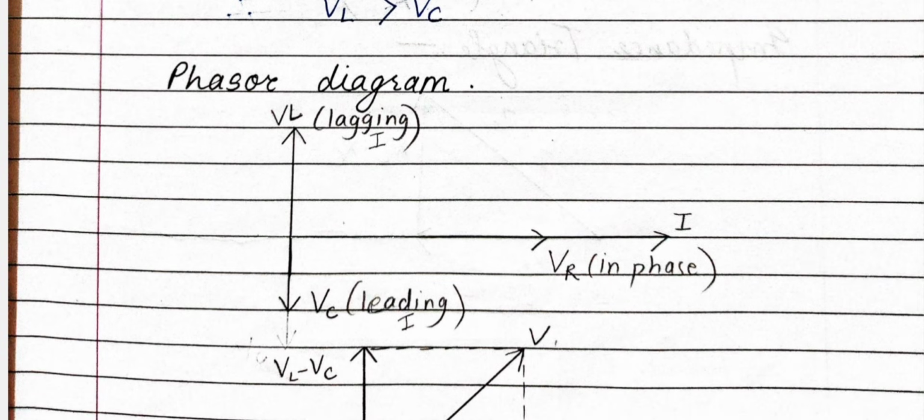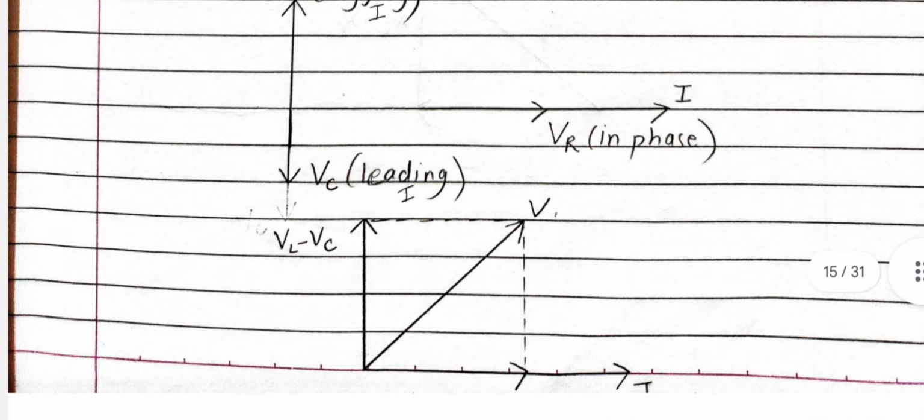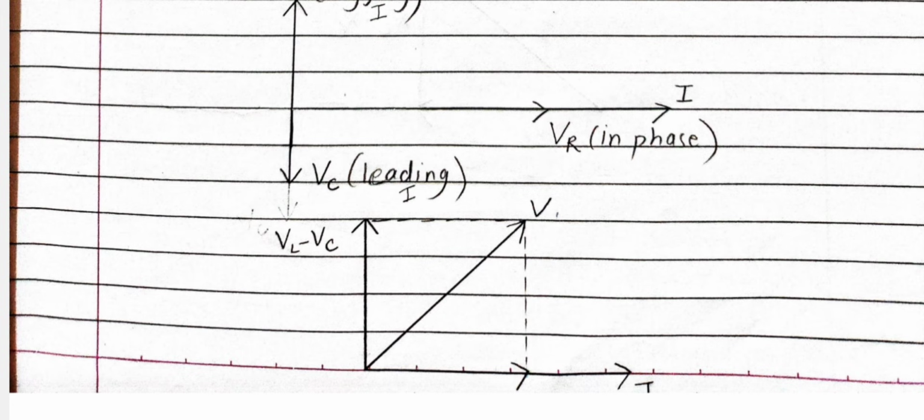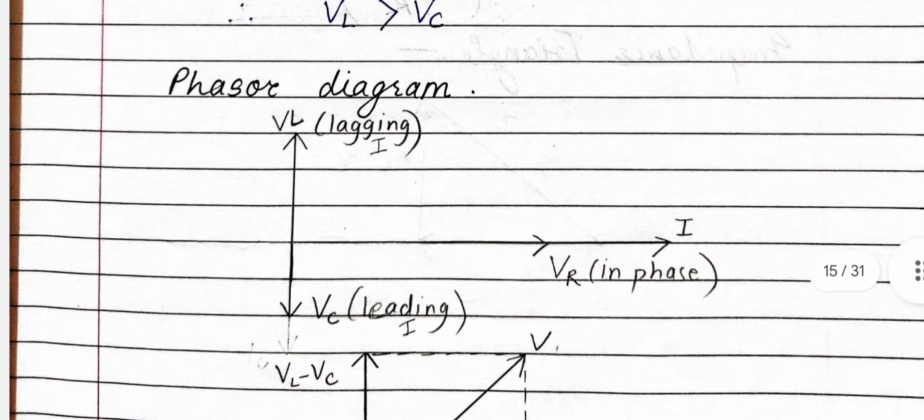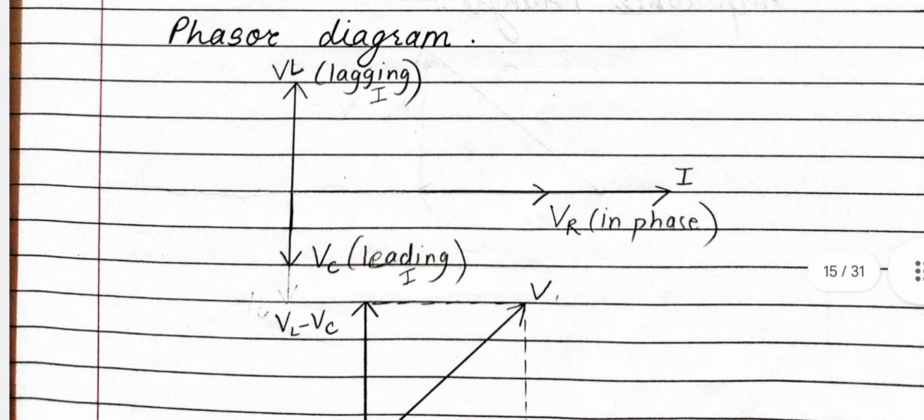So VR is in phase with the current. We know the AC circuit through pure resistance, in which we learned that in resistance current and voltage are in phase. That's why we are drawing it such. In the previous cases also you can consider this. Then VL is greater than VC, so VL is above the phase. You have to draw it above and write lagging for it, as we are talking about an inductive circuit. And below you have to draw VC, comparatively shorter, as VL is greater than VC, and you have to write it as leading.